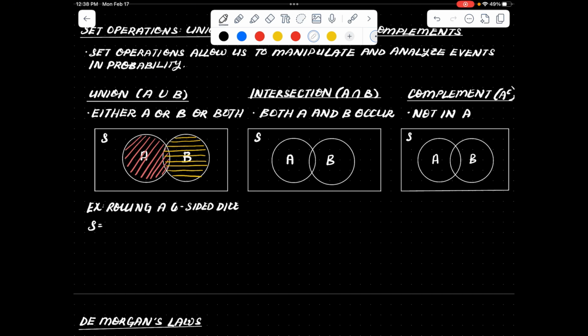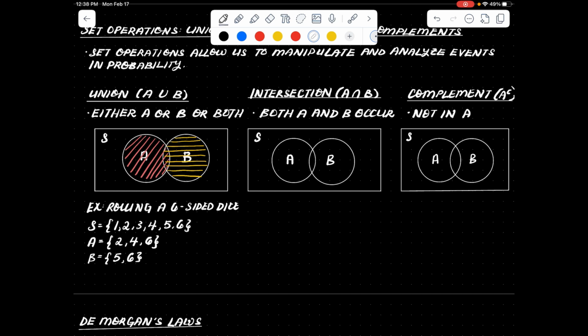The sample space is landing on 1, 2, 3, 4, 5, or 6. The event A could be rolling an even number. So if we're rolling an even number, that could be 2, 4, or 6. And we can also define an event B where we're rolling a number greater than 4. So if we're rolling a number greater than 4, that's either 5